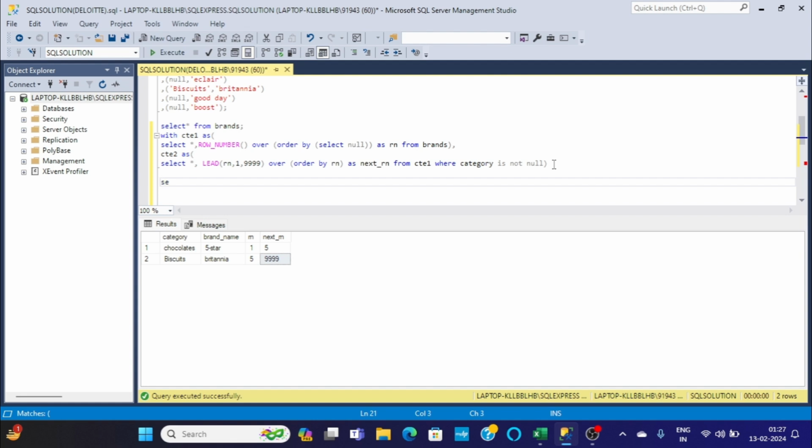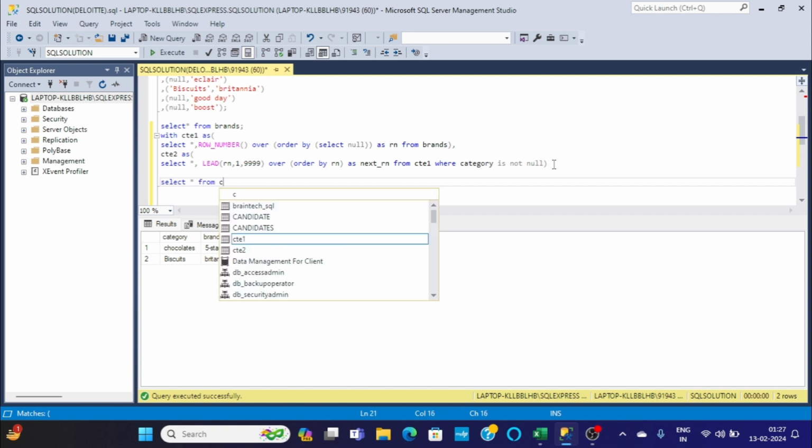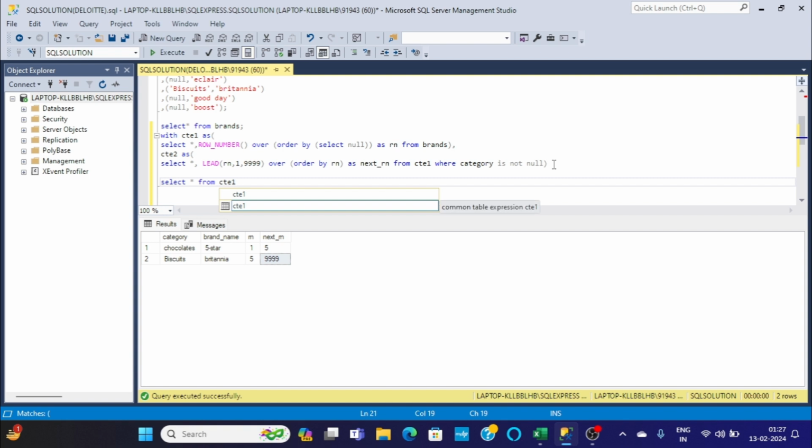So what I did, I go for select star from, select star, okay. How to join these two tables? We can go for select star from cte1 inner join cte2 on